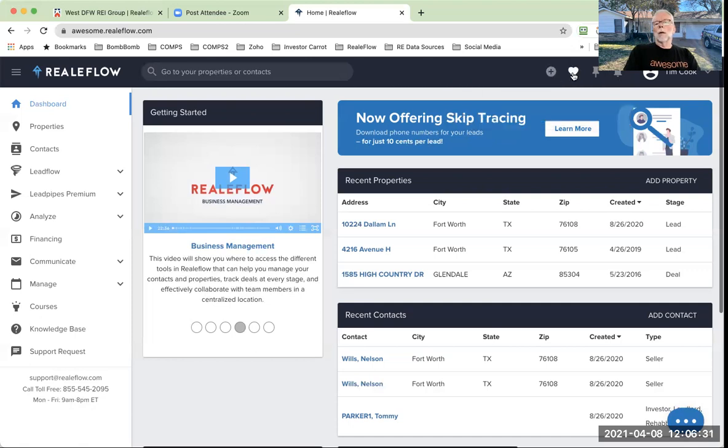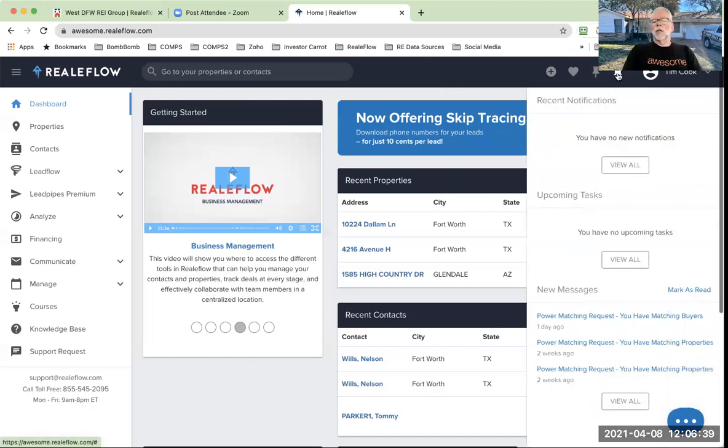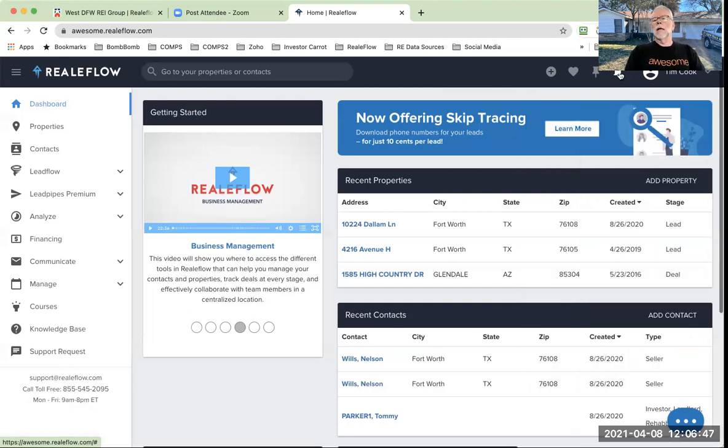You can click on favorites. You can assign favorites that you're working on. You can come over here and see the notifications. So if you have a red dot there, it'll tell you that you have a new notification that you haven't looked at yet. And then up here in this drop-down menu is